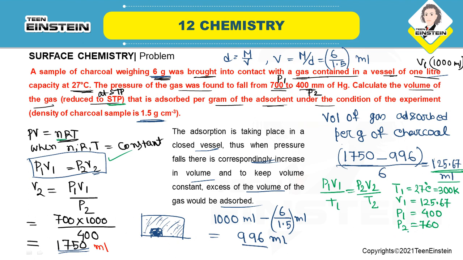And T2 is 0 degree centigrade, that means 273 Kelvin. So here which one is unknown? V2 is unknown. So V2 will be equal to P1 V1 by T1, then T2 by P2. Now if we put all these five quantities that are written here, the value of volume that we will get